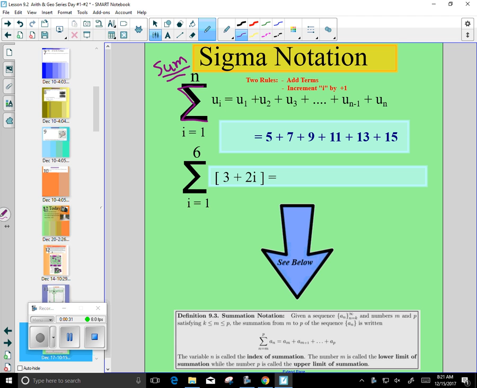So we're going to start with i equals 1, and we're going to go to n. That means that we look at u of i, you go u1, and then it does two things. It ratchets up things by 1, and it adds them up. The beauty